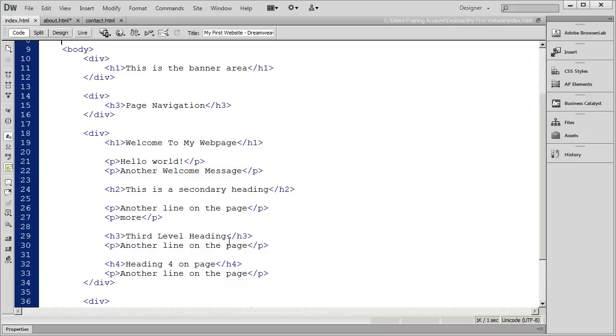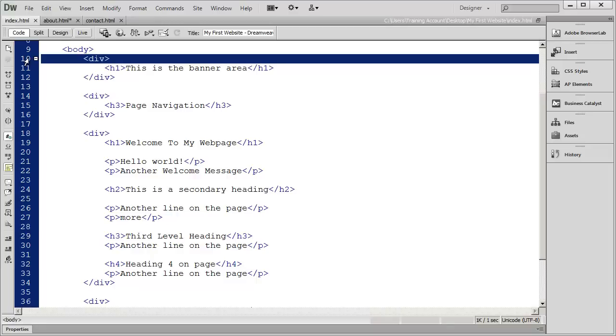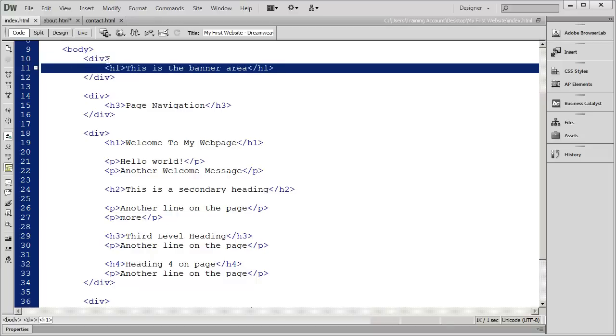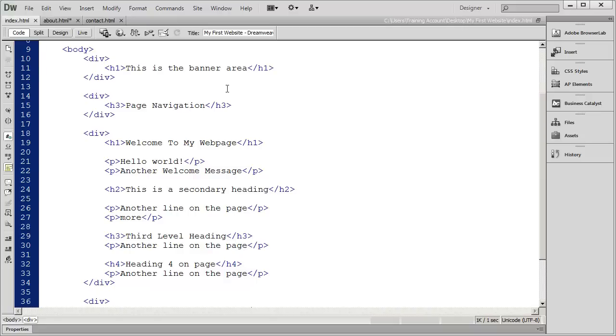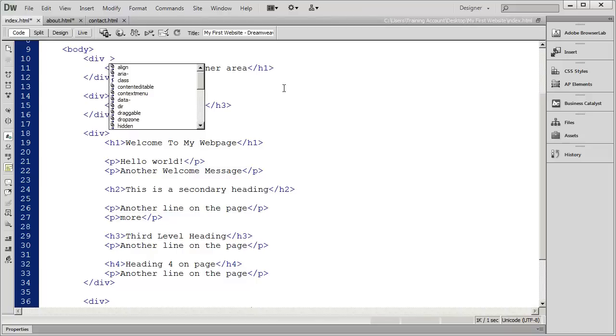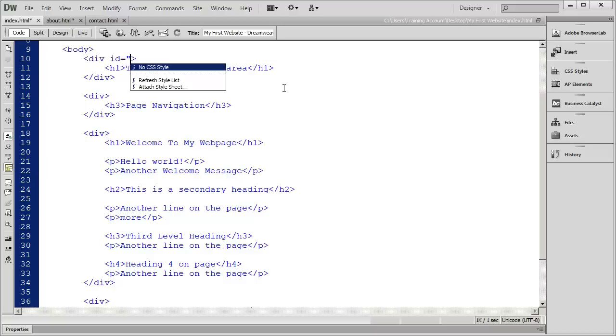Now, the last thing that we need to talk about right now as far as divs go is how to give IDs, or how to give identification to the different divisions that you create on your page. And that's very easy to do. You'll see I have my opening div tag for this section. And what you're going to do is you're going to click in between the V and that closing bracket and type a space. And then you're going to type ID for identification equals quote,